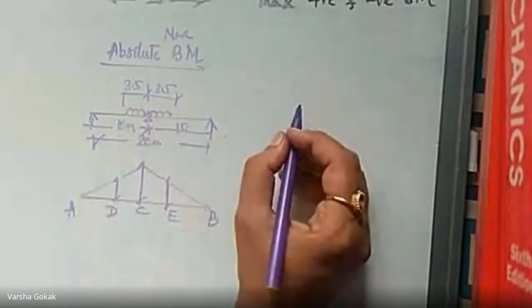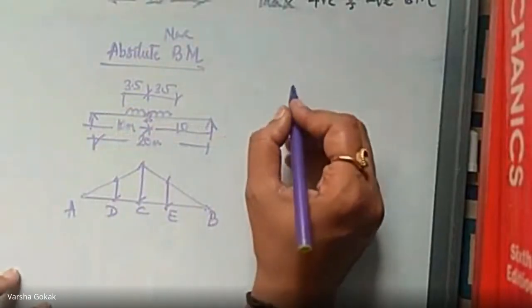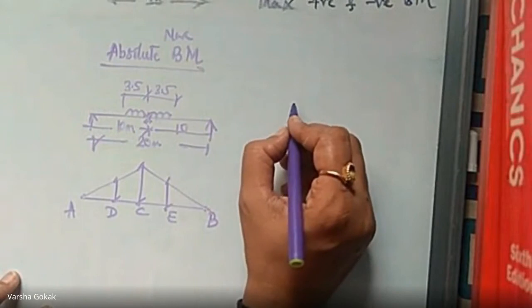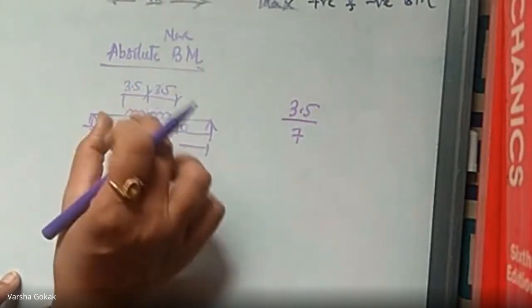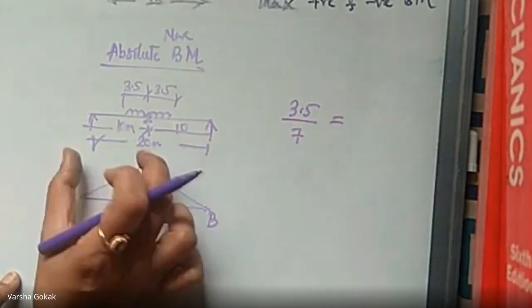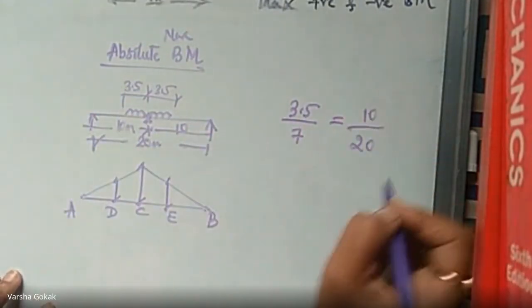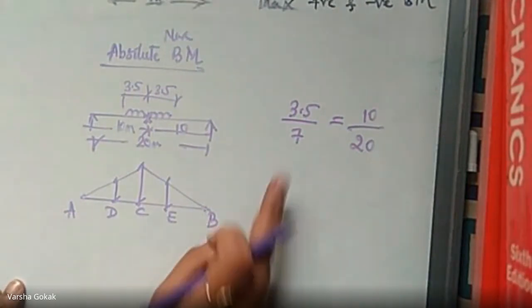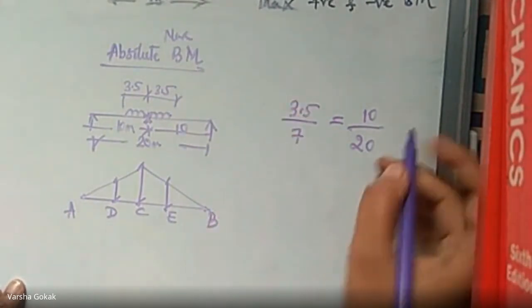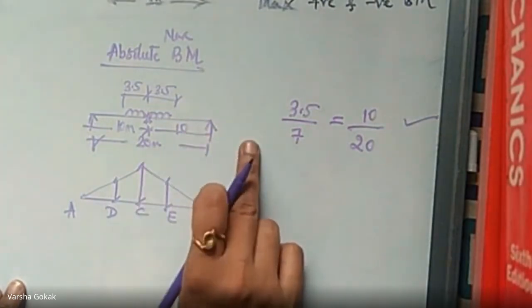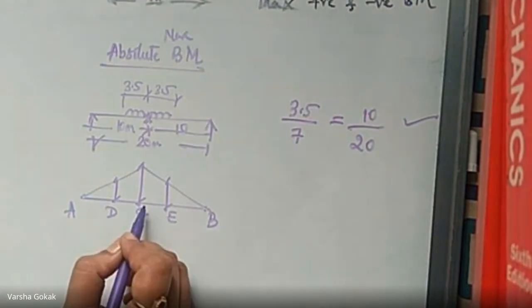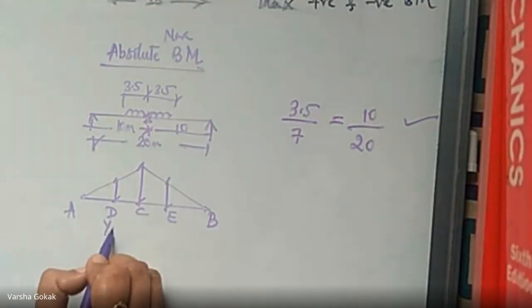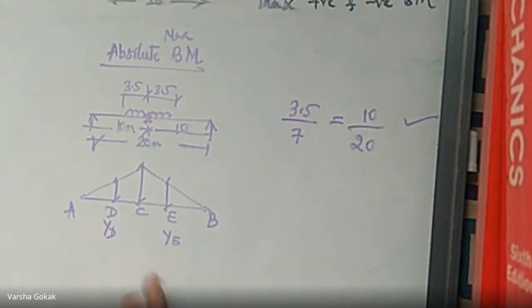If I'm using that formula, what is our ratio? X divided by L1, L1 is 7. X divided by L1 will be equal to A divided by L. Ratios are going to be the same, exactly 0.5, 0.5. So this is a check that I'm placing it exactly at the center. Now, from this diagram, let us calculate the YE and YD values. They're going to be the same because it is symmetrical also, so any one I can calculate.